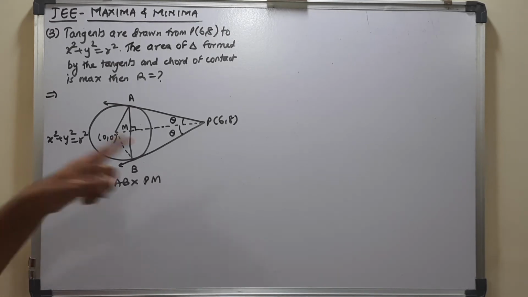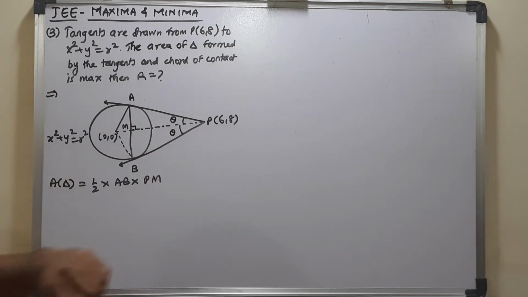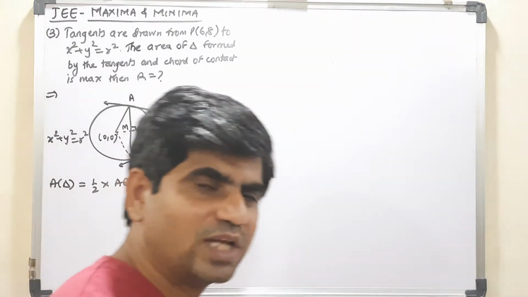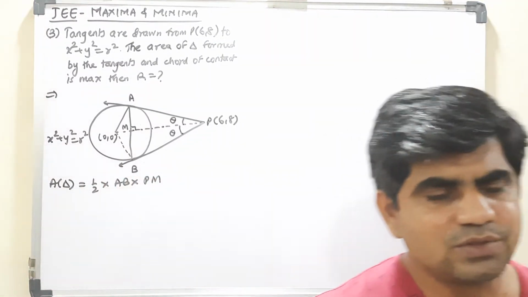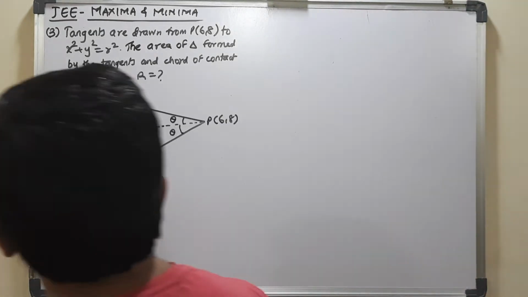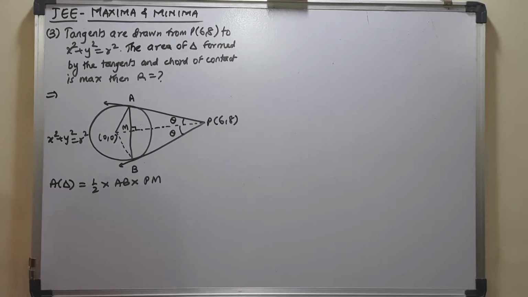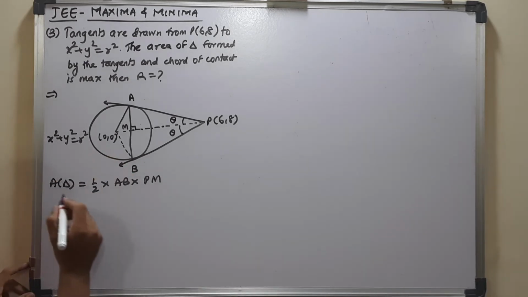First, if I see with the tangent segment, I can get it over here. This particular tangent segment AP, we already know it is under root x1 square plus y1 square plus 2gx1 plus 2fy1 plus c, right? So this will be under root x square plus y square minus r square. Okay, so that means radius I can find over here. AP and AB both are equal.